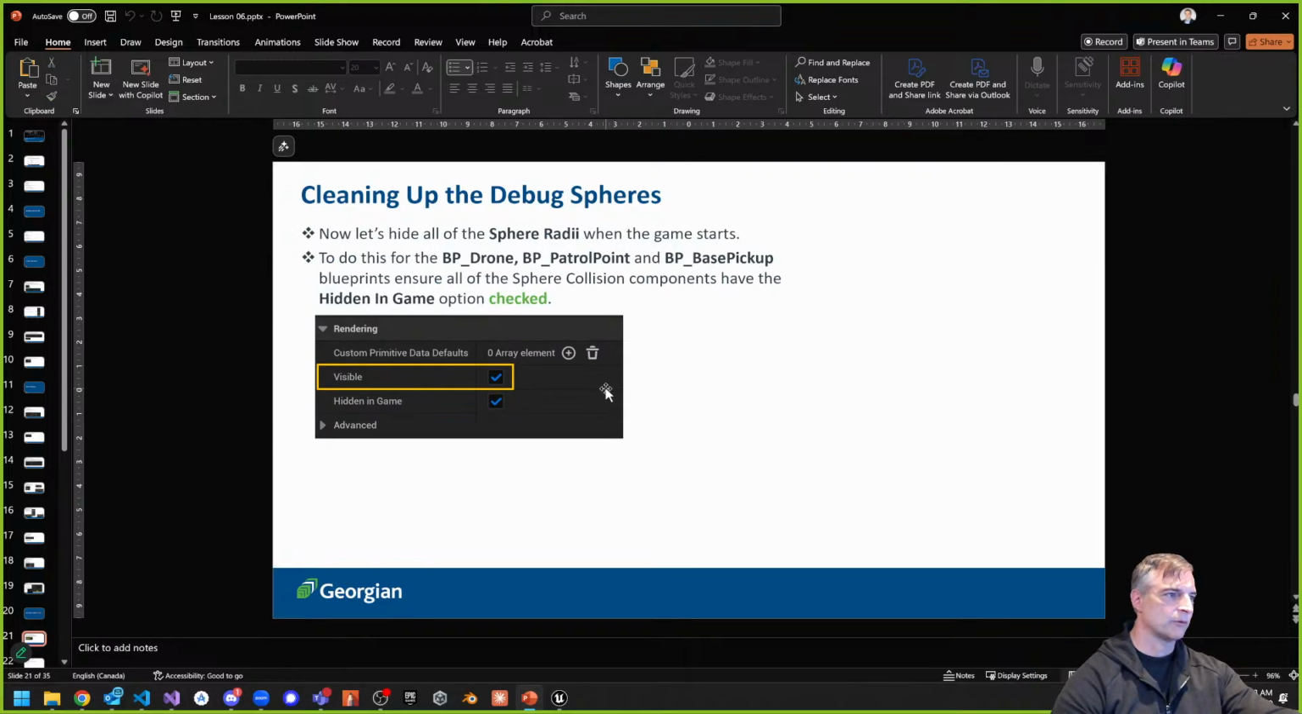Cleaning up the game. How do we do that? I want to take away all the sphere radii and all that kind of stuff from the drone, the patrol point, the base pickup, all that stuff. So there's none of that visible anymore, right? Let's do that first. So going back to this,